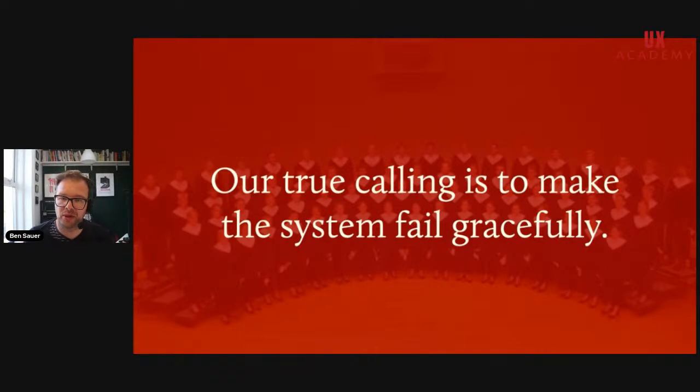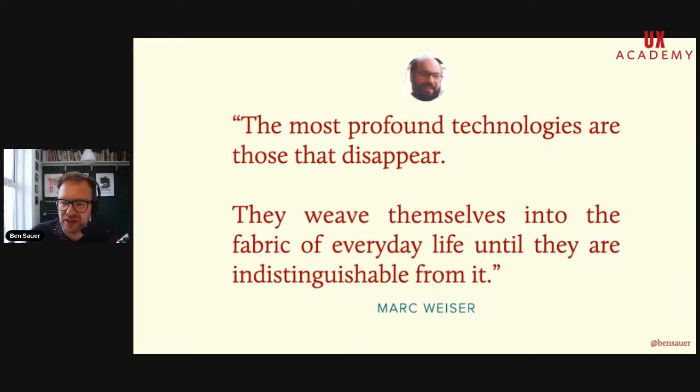Now, the other thing to bear in mind about voice is that you've probably heard of trends like no screen or no UI. But there's actually a really long-term ambition here. Mark Weiser is the founder of the idea of ubiquitous computing, and he said, the most profound technologies are those that disappear. They weave themselves into the fabric of everyday life until they are indistinguishable from it. Again, it's our job as designers to open up this world of no UI to people so that they can get their attention back and be less focused on screens.